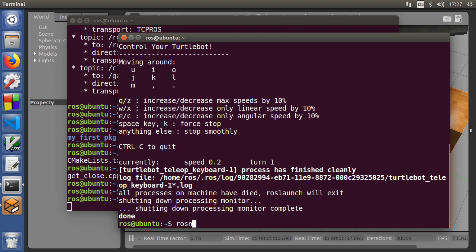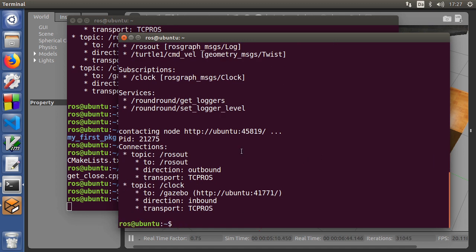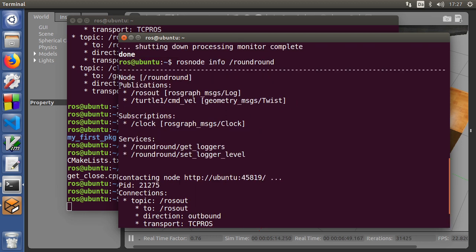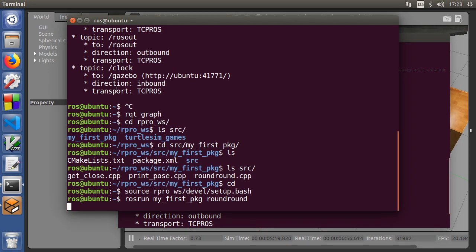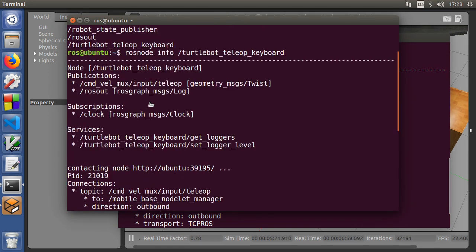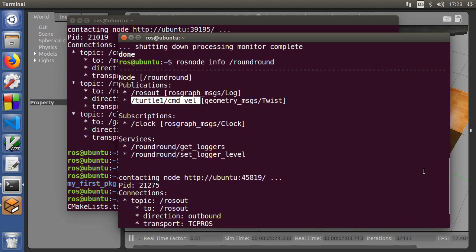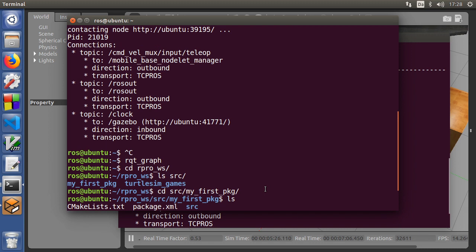rosnode info, it's called round, I know. And you can see it spits out publications on turtle1/cmd_vel. So we want this specific topic to go to the one that we had over here that was called cmd_vel_mux input teleop, right? So this is actually quite easy in ROS, and this is one of the powers of